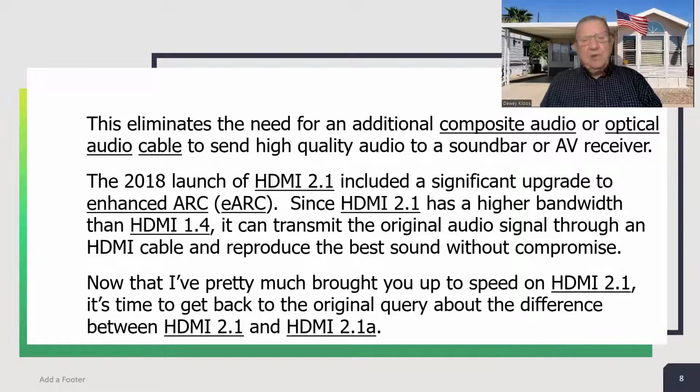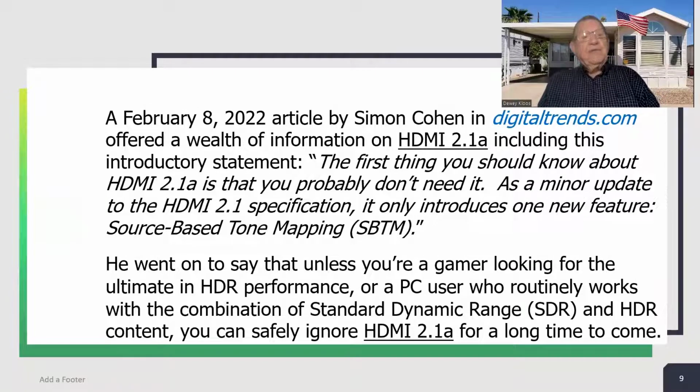Now that I've pretty much brought you up to speed on 2.1, it's time to get back to the original query about the difference between HDMI 2.1 and HDMI 2.1a. That's what this talk was supposed to be all about. A February 8th, 2022 article by Simon Cohen on digitaltrends.com offered a wealth of information about HDMI 2.1a, including this